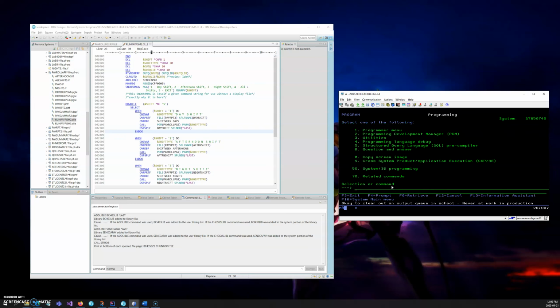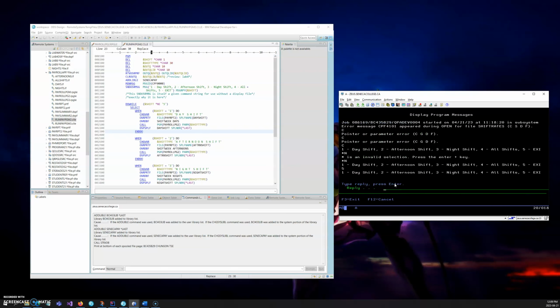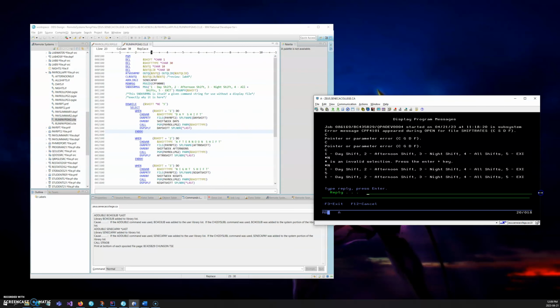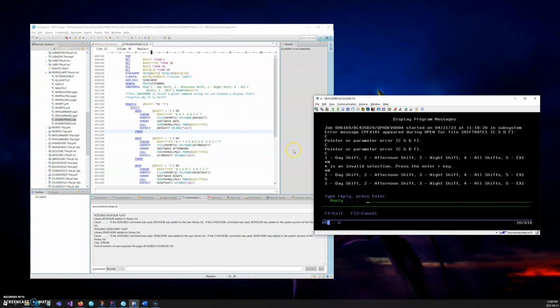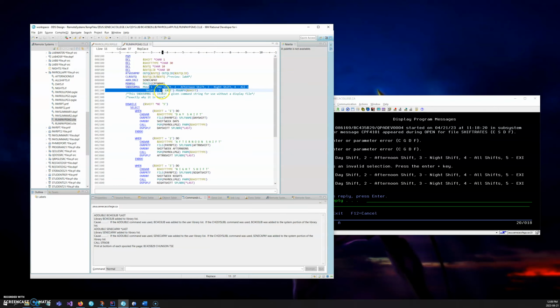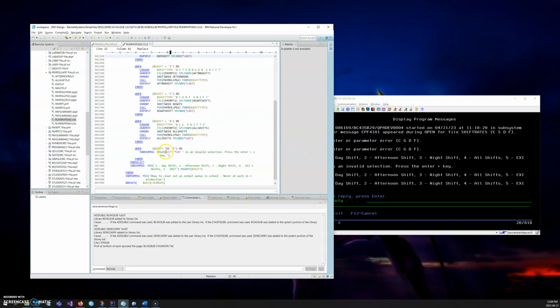So what happens here was, instead of calling the RPG itself, I should just call the CL program itself. Of course, this is a successful running of that. The moment I enter this, I'm supposed to choose. It's just the same as what happens here. So you have the options 1 to 5, but actually we also have